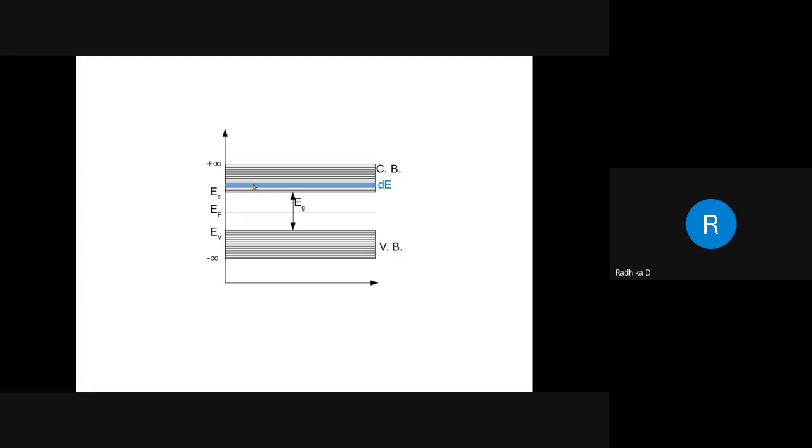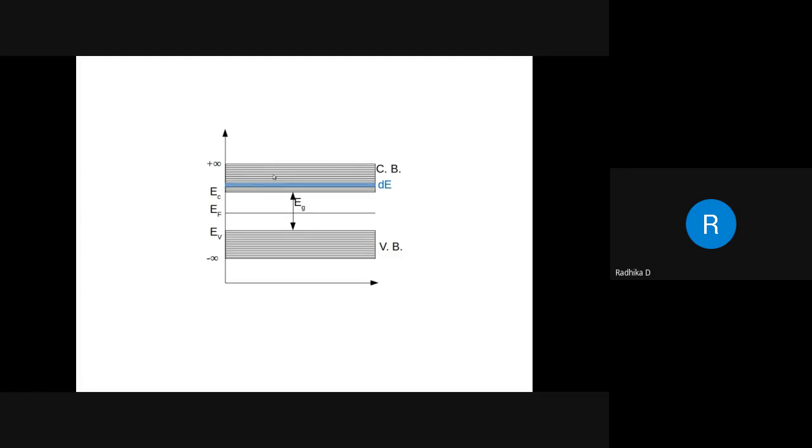For that, what I need to do is integrate throughout this conduction band. So that means dN, what you have written as Z of E dE into f of E, whatever is that product, if I integrate it throughout this conduction band, I will get the total number of electrons. I will get the total number of electrons, let me stress it, free electrons which are there in the conduction band.